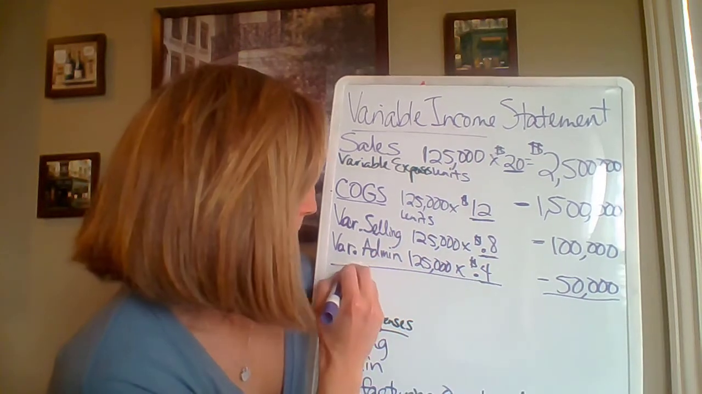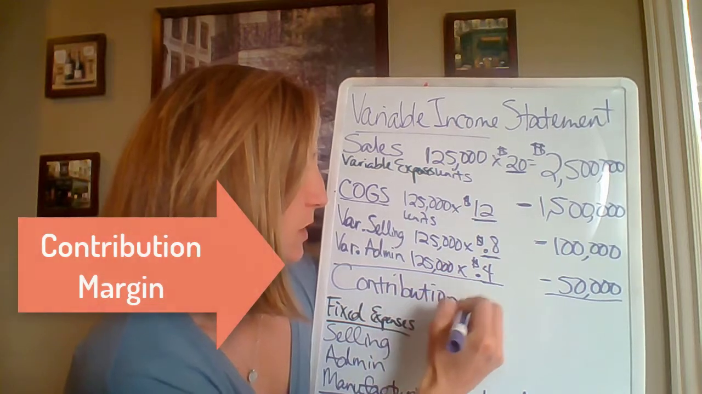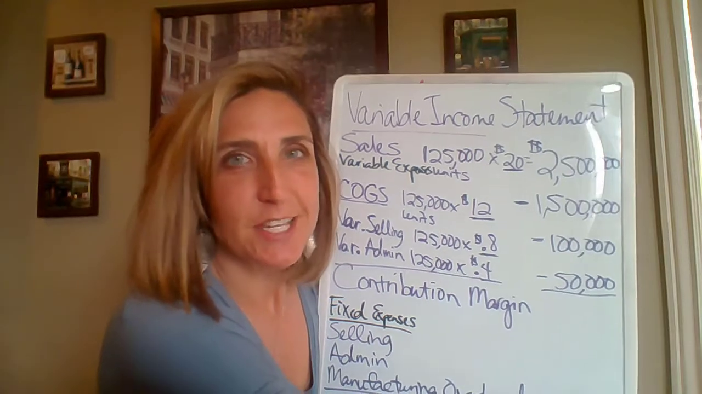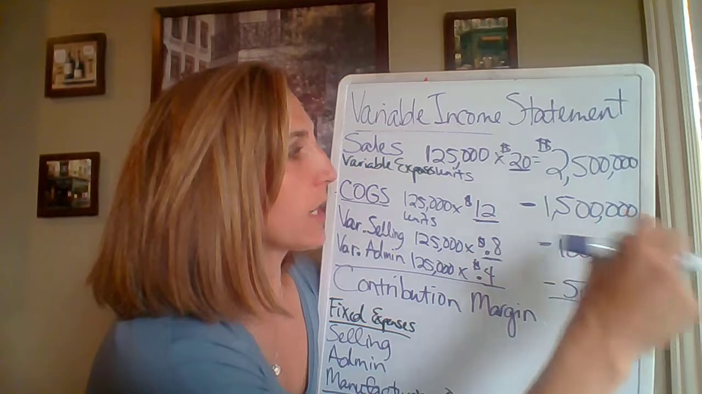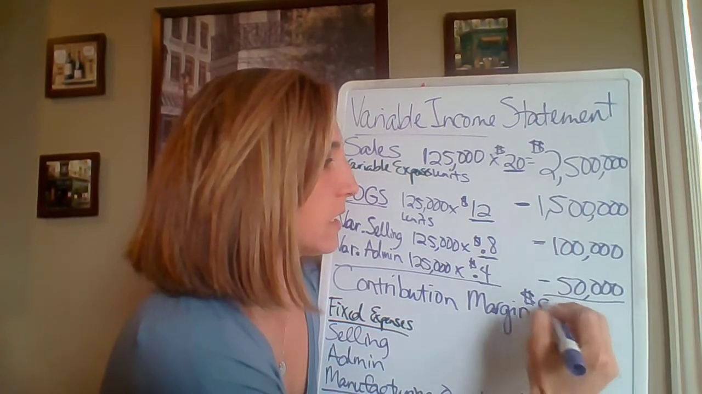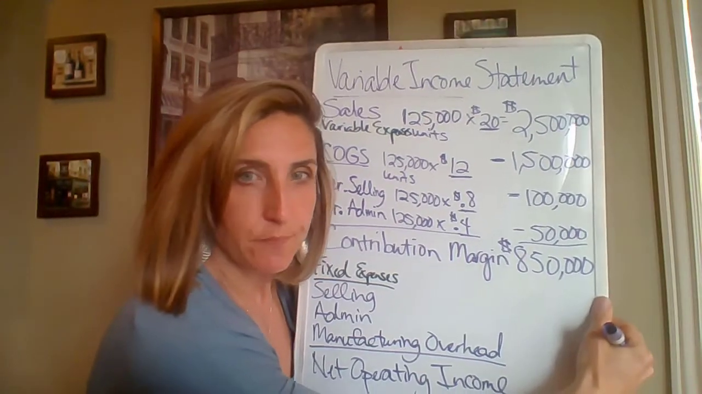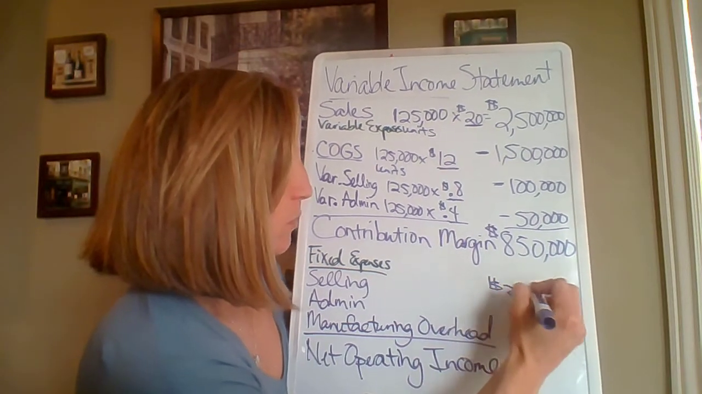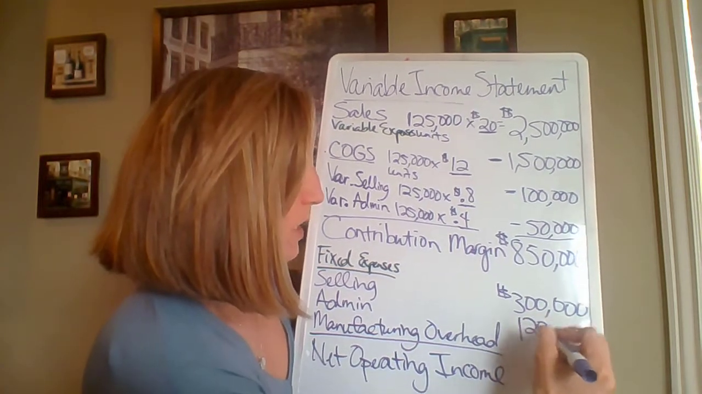Oh, contribution margin. Good. I know a couple of you remembered that. Sales minus variable cost. So when I take 2.5, subtract off 1.5, I'm looking at $1 million minus 150,000. My contribution margin is $850,000. If I told you the selling cost were $300,000 and the admin was $120